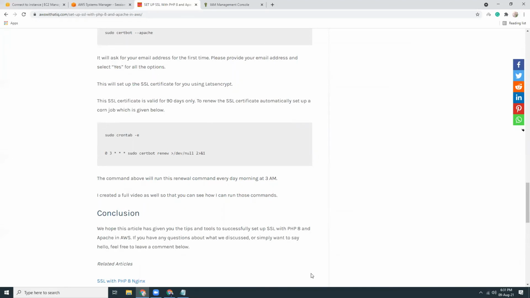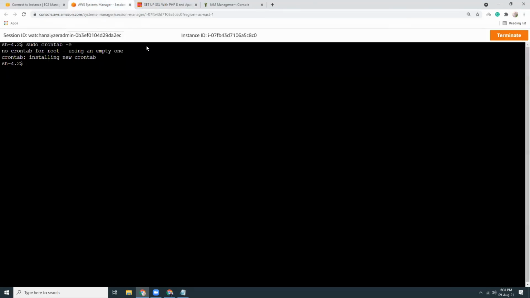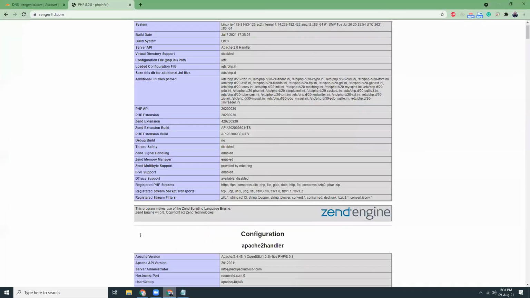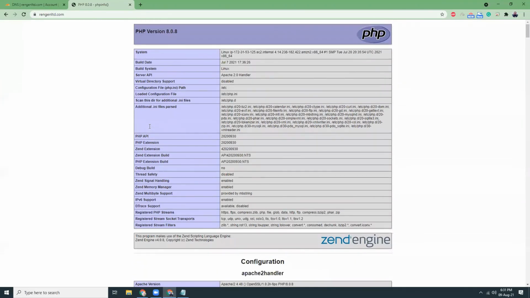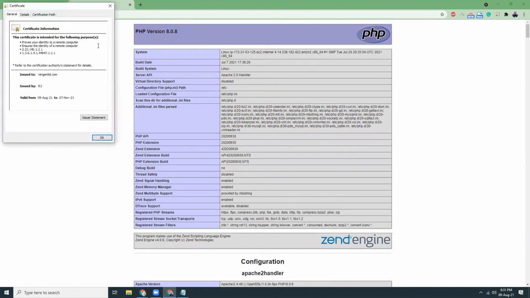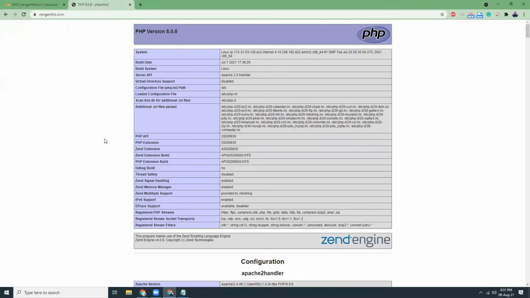It is 9th August now, so 2 months from now, it will be renewed automatically. The whole process is automated, and the good thing is it's free. You don't need to pay anything for this SSL certificate. Now you have installed Apache PHP 8 and you have a free SSL certificate. It renews automatically. Everything is good.